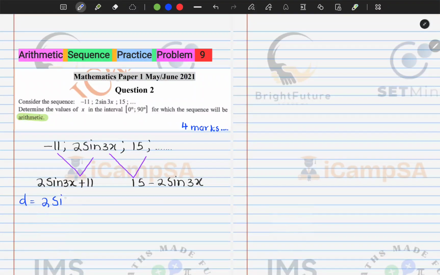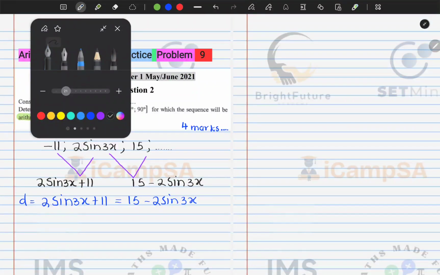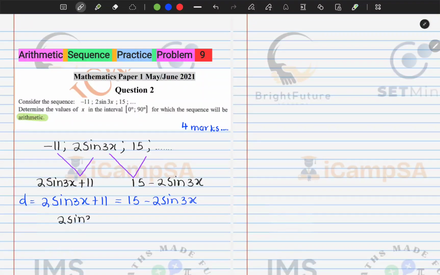So this 2 sine of 3x plus 11 should be equal to 15 minus 2 sine of 3x. So now we have an equation which we can easily solve. So we have 2 sine of 3x plus 11 equals 15 minus 2 sine